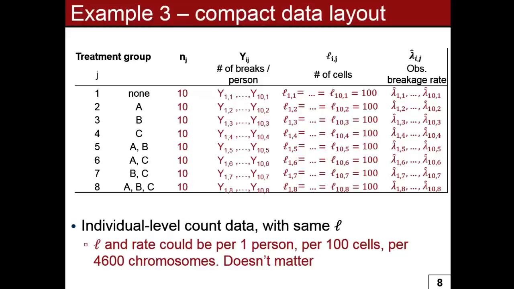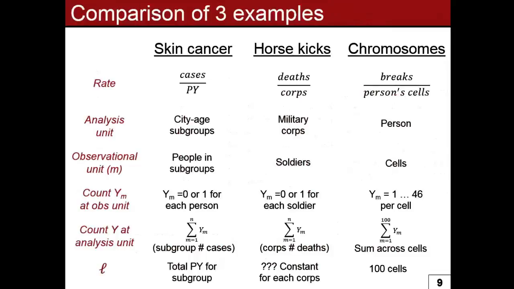So this is a different orientation, still Poisson regression. That's all I'm trying to say. And here's a way to compare it, to drive the point home. These are three very different things that can all be modeled with Poisson regression: cases per person-years, deaths per Army Corps, breaks per cells. They're analyzing drastically different things: persons in city age groups, military units, cells. The unit of the analysis is drastically different,